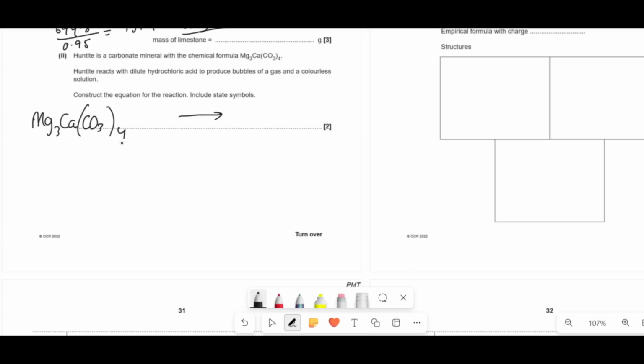Mg3Ca(CO3)4, right? They've told you that. And also they've told you that it's going to react with hydrochloric acid. So start with writing what the question told you. The rest can fall into place. Now, it says it makes a colorless solution, and bubbles as well. For the bubbles of gas, you need to think what your options are. Because it has CO3 carbonate ions, that means you're probably going to be making CO2 as one of the products,